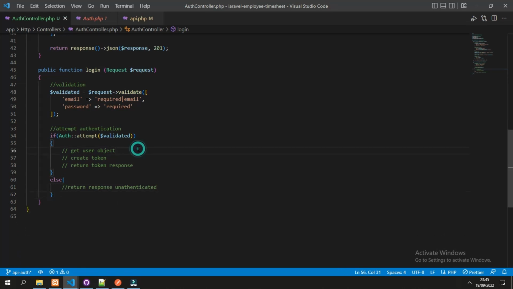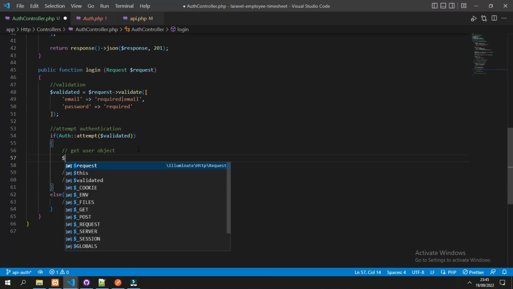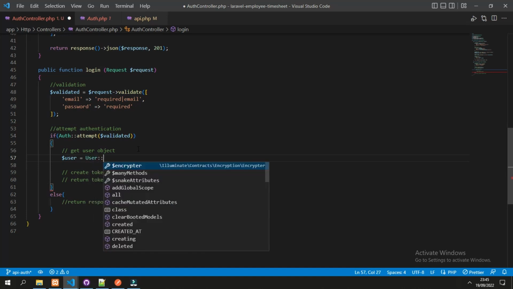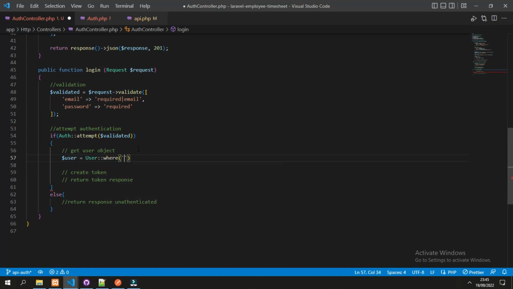To get the user object, we can use Eloquent ORM with the User class, User where email is the same with validated email. Because the email is unique, it is guaranteed that there is only one object with that email in the database, so it can be called with first.